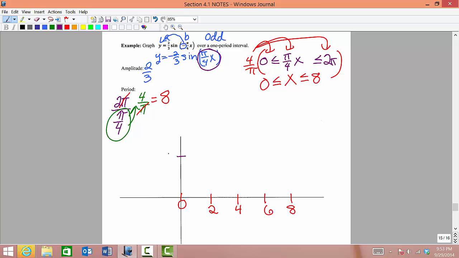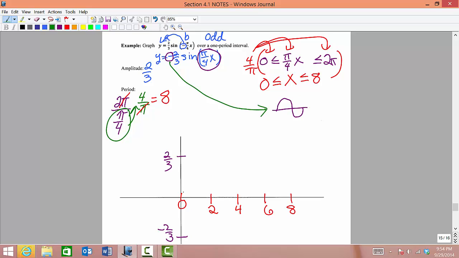Our amplitude is 2/3. And because we took that negative out from the input and put it out front, that is going to flip our graph upside down vertically. So the original graph of sine looks like this. So we're going to flip that upside down when we actually go to graph sine. So we're going to have a vertical flip. So keep that in mind, that the negative out front doesn't change the amplitude, but it does affect the graph